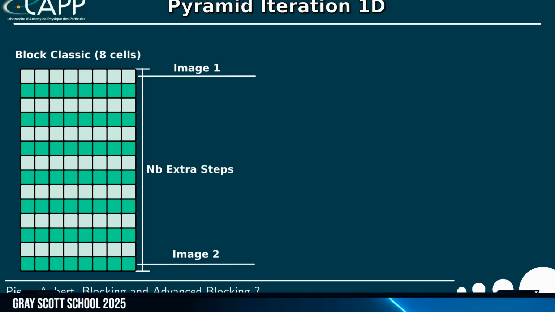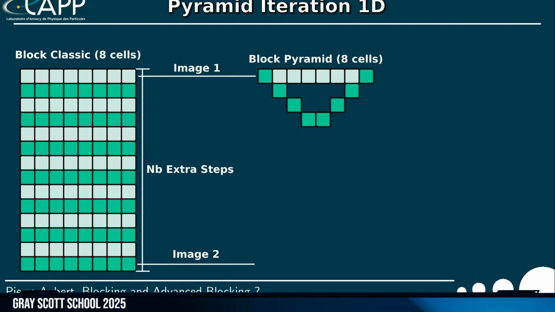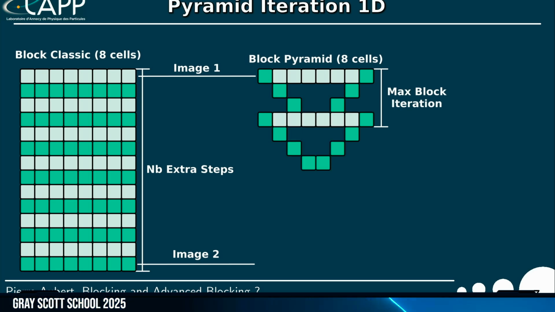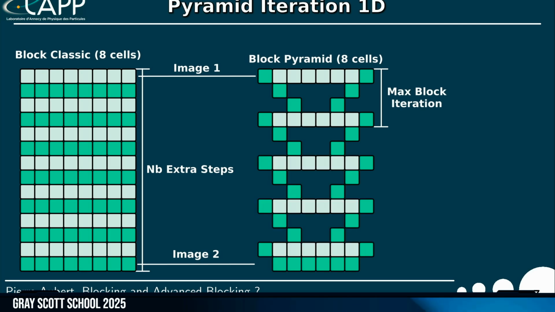But with the pyramid, we can say, okay, let's compute the first one, and then we have the maximum number of iterations that we can have. Not, for example, totally to the very top of the pyramid, because at some point you cannot vectorize anymore. So you maybe want to crop the pyramid a bit. And then we redo that, and we continue until we reach the second image that we want.